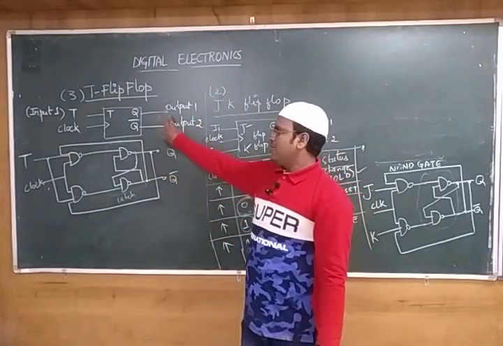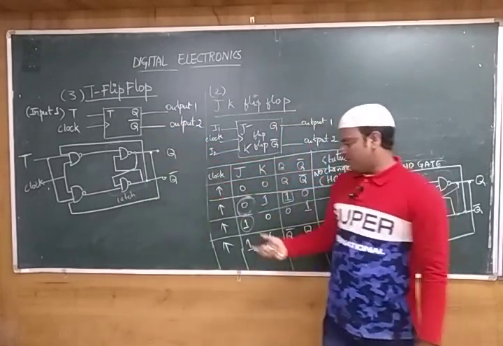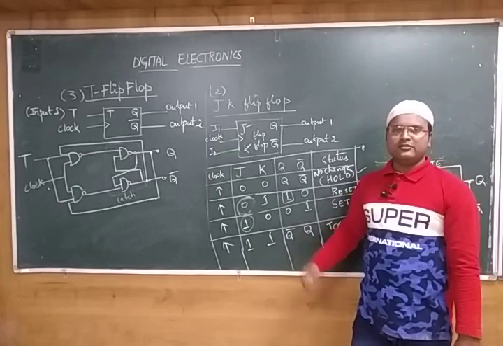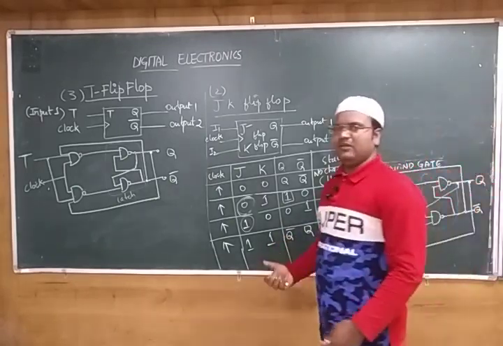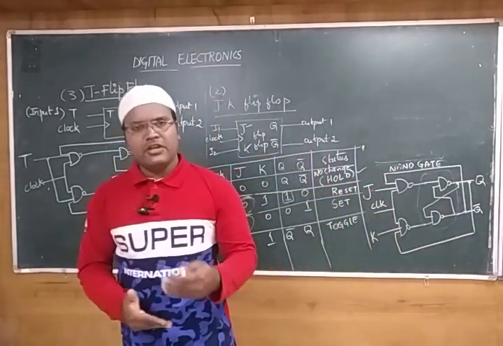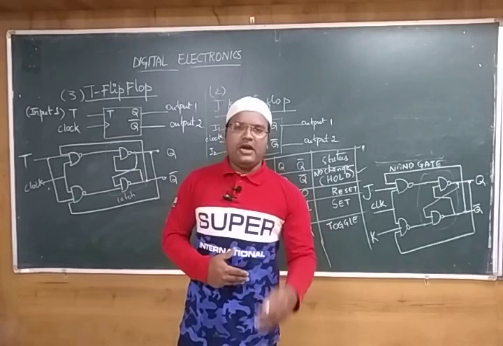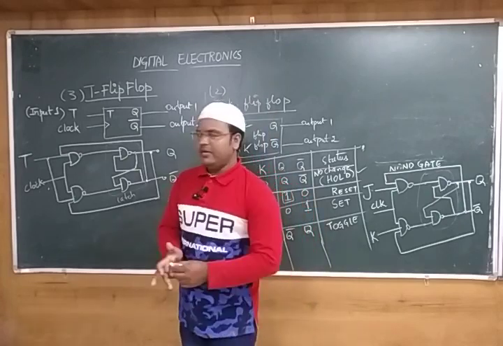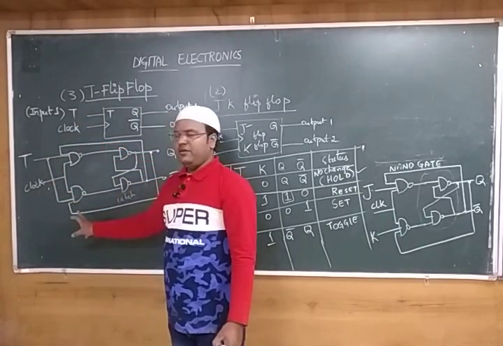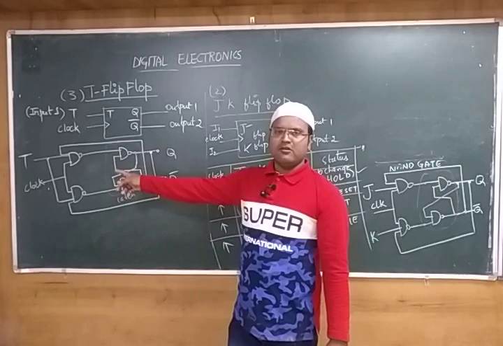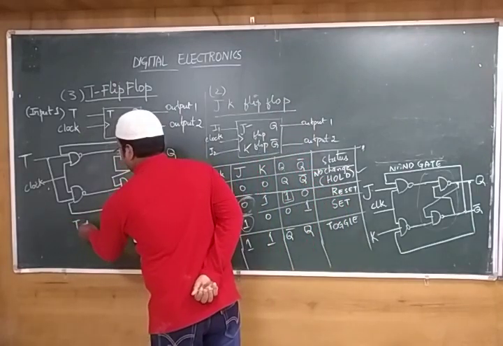So first, why is T designed? What is the use of T? T is designed in order to overcome the drawback of JK. When J equals K equals 1, for that particular state we said it is the toggle condition. How do we eliminate that? We can eliminate it by using master-slave kind of flip-flops. We had that concept also. Before that, for the toggle flip-flop, the only thing we do is short circuit the inputs, giving a single clock pulse to both NAND gates. So this is the T flip-flop